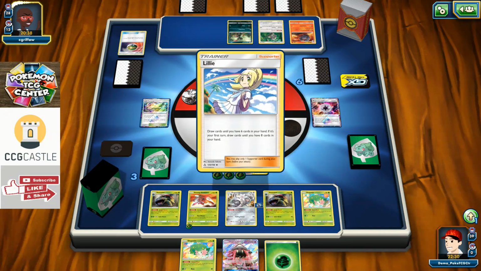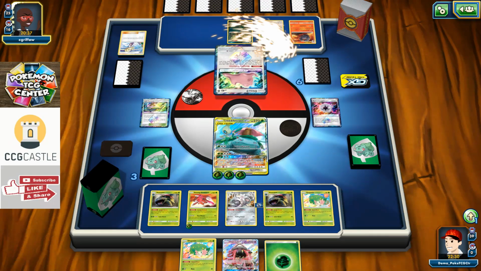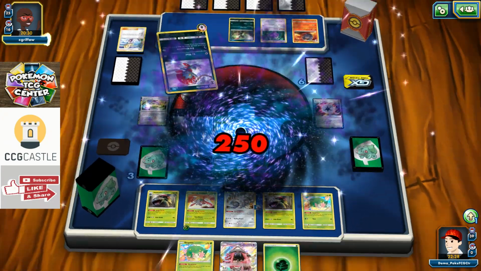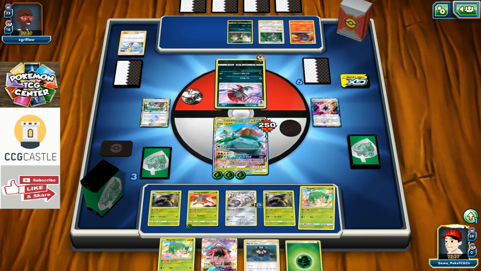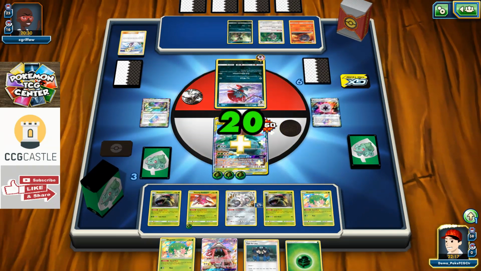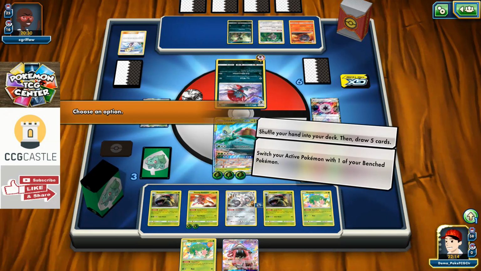There's a Lily play, and it might be for Weavile and Energy, and it is. So there we go. Energy, Weavile, Rule of Evil, Evil Domination for 250 with just a single energy card. Well, that's a hell of a good job. Alright. That was a very, very powerful attack here, I'm not gonna lie. I'm ready for my